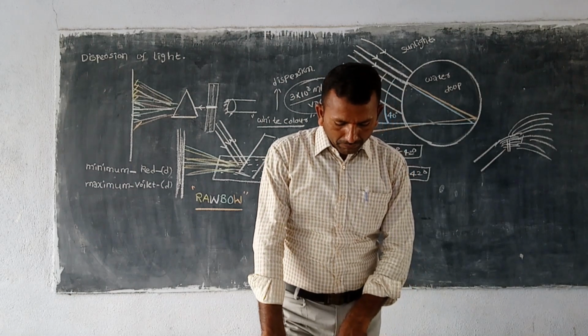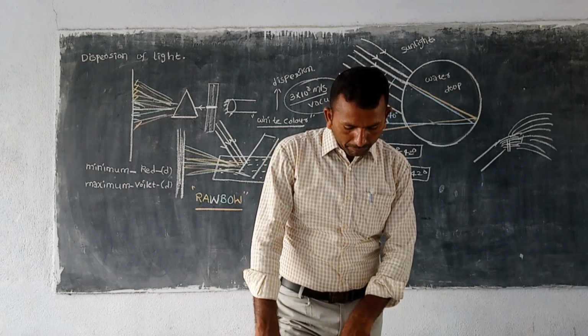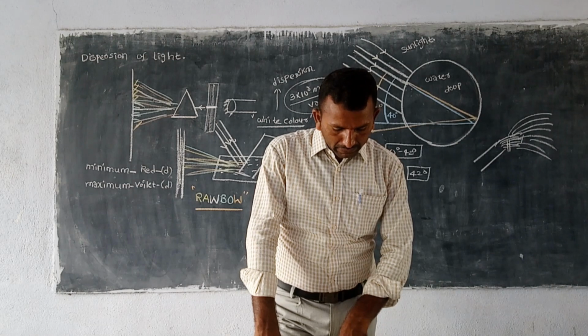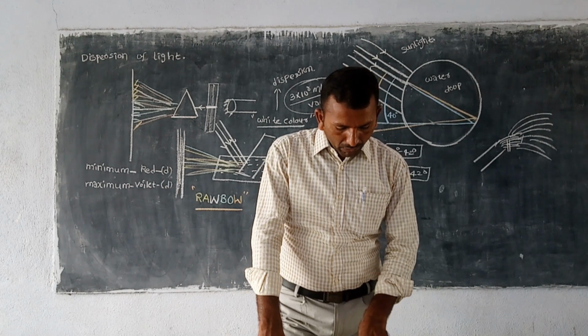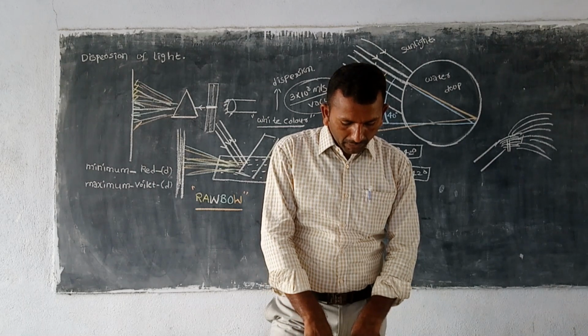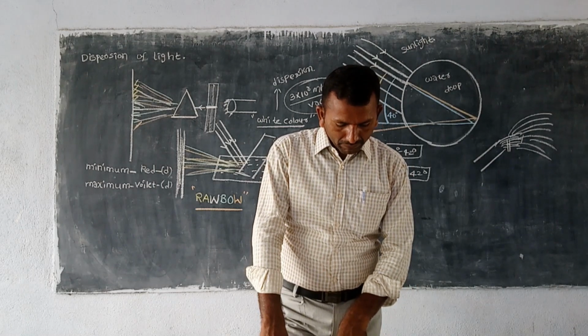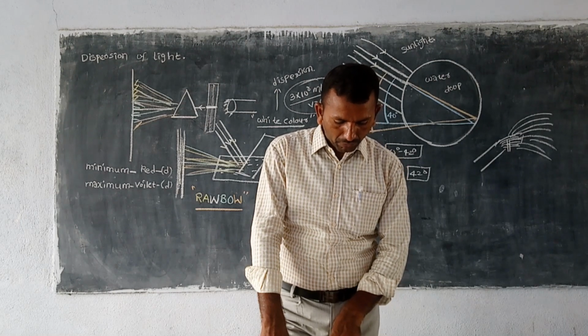If violet light from a single drop reaches the eye of an observer, red light from the same drop cannot reach the eye. It goes elsewhere, possibly downwards of the eye. To see red light, one must look at the drop higher in the sky. The color red will be seen when the angle between the beam of sunlight and the light sent back by a drop is 42 degrees.